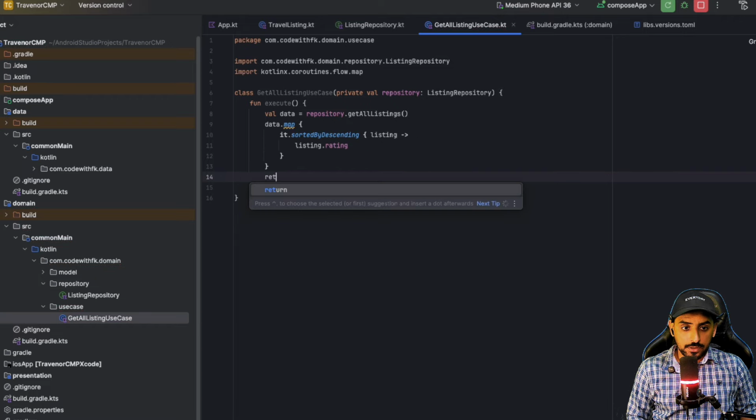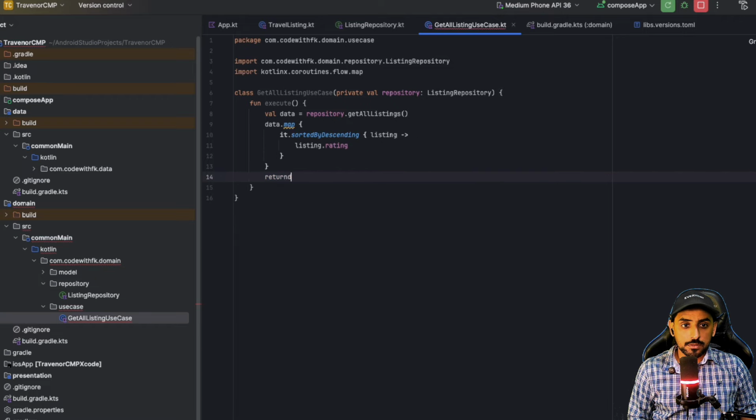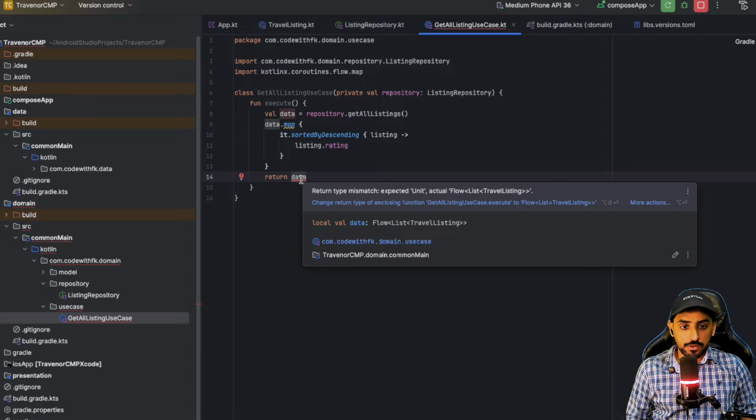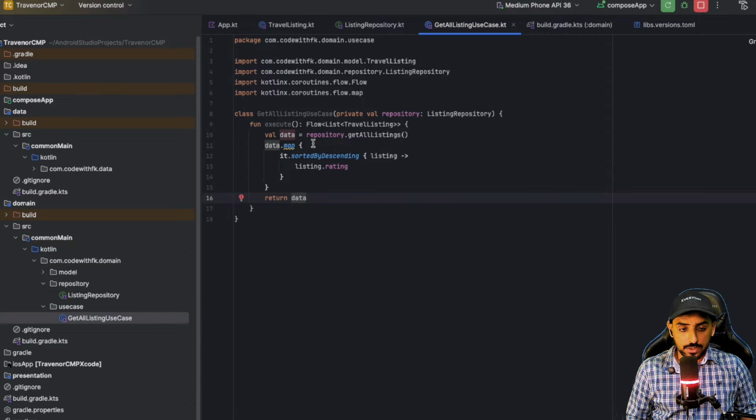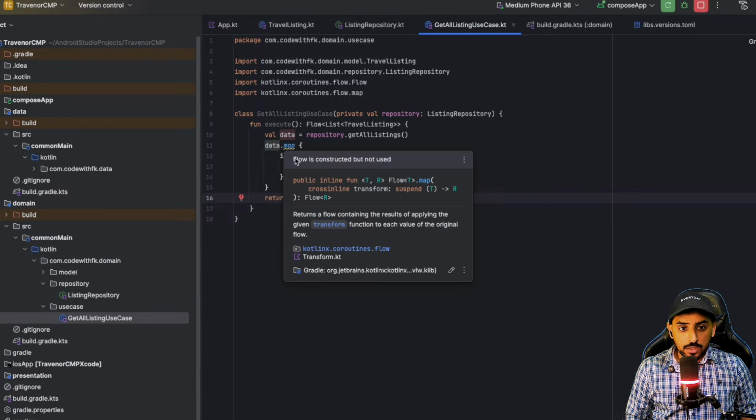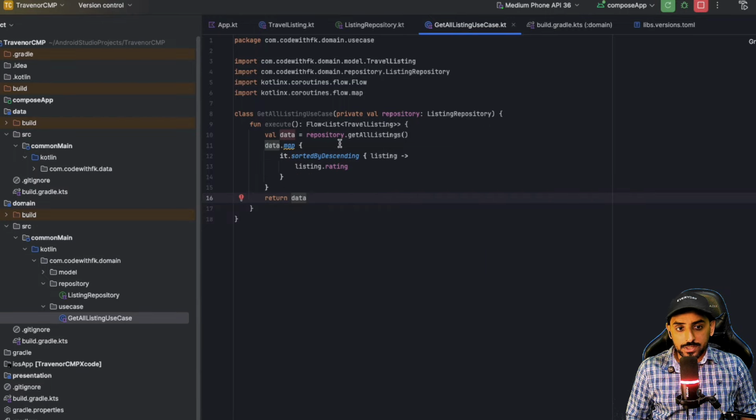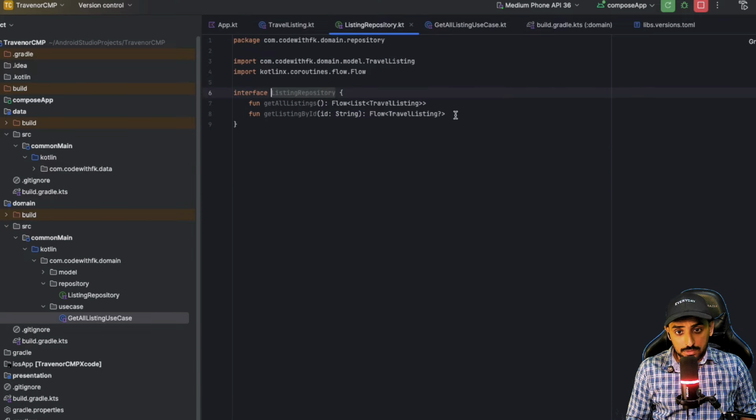Okay, and then you can say return data, something like this. And then we definitely need to change the return type of this so that it can return something like this. So like I said, you can do these kinds of things as well. You can define what kind of business you want to implement over here, and this is how it will be done. Now again, this listing repository is not the actual implementation. It is just the blueprint that the data needs, so that based on that it can